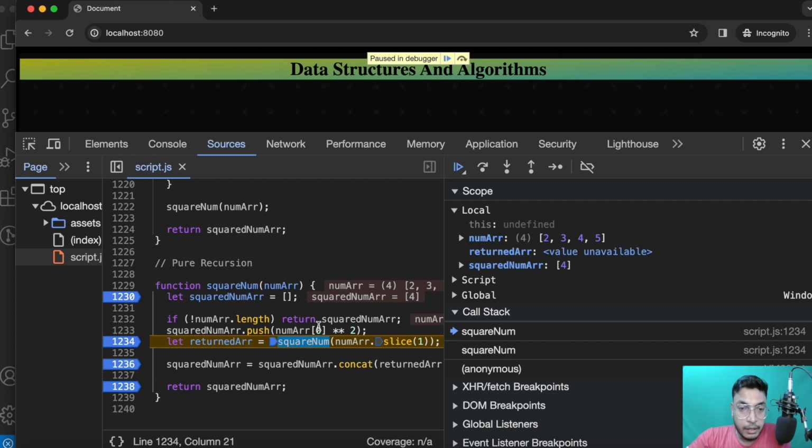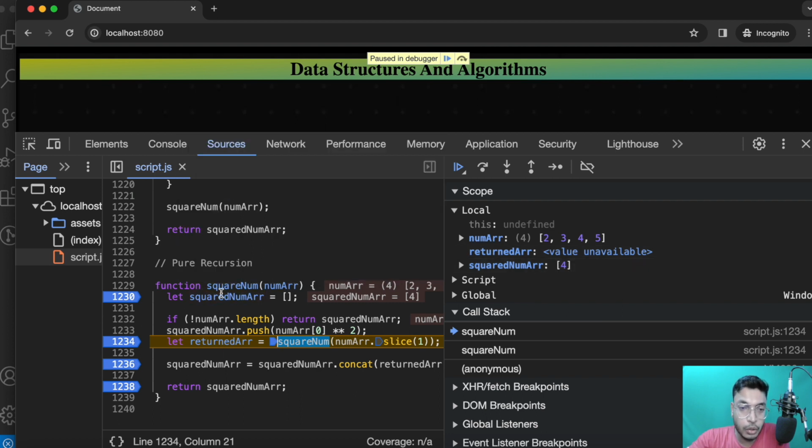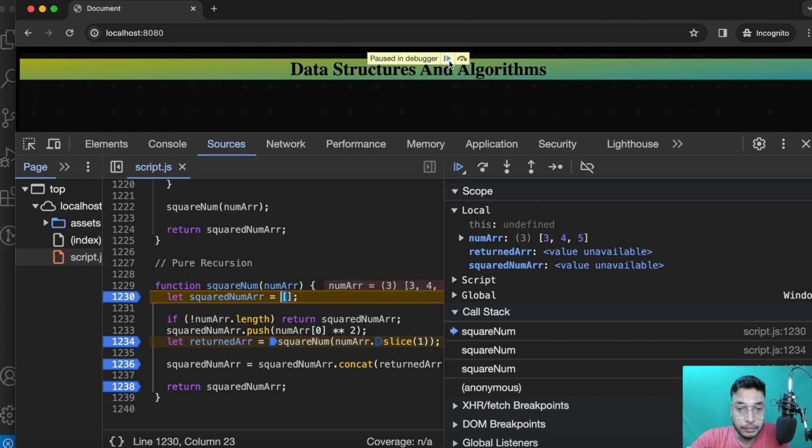so again it came here since nothing is matching. So again it will come here. Squared number is 4. We have already pushed it into this execution context. Now the num array is 3, 4, 5. The return value and squared number, sorry, this one and this one, they are unavailable because they are dependent upon the next function call, right? So let's play it